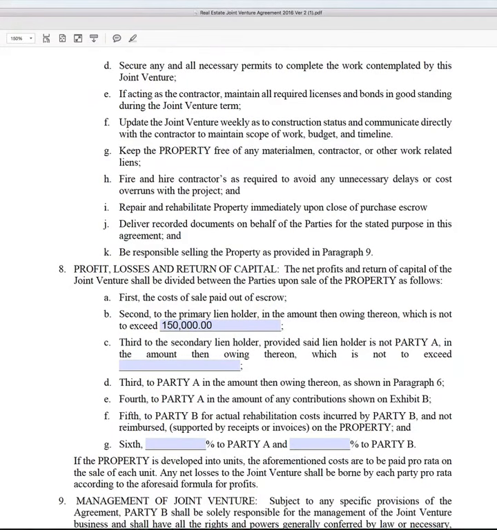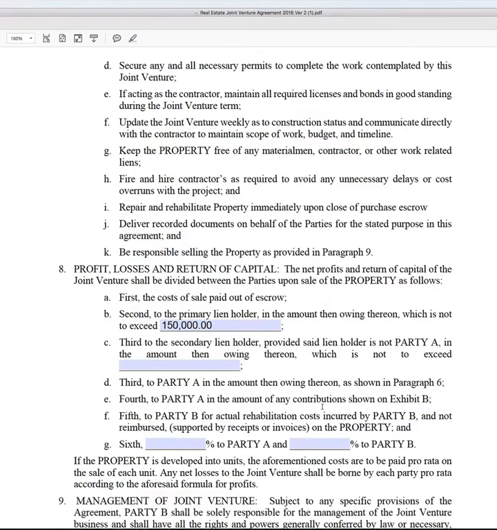Fourth to party A in the amount of contributions shown on Exhibit B. Now, Exhibit B is where we would list any additional funds party A has agreed to contribute. So let's say that you're involved in this joint venture and the investor came to party A and said, I need an additional $12,000 for unexpected water damage we found when we were rehabbing a back bedroom. Well, in that particular case, if party A agrees to contribute that additional $12,000, then we'd want to list it